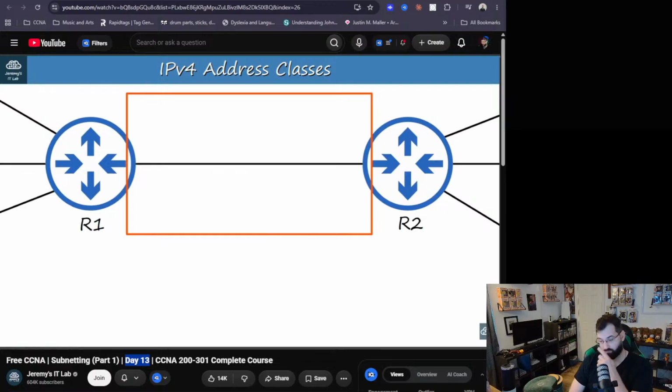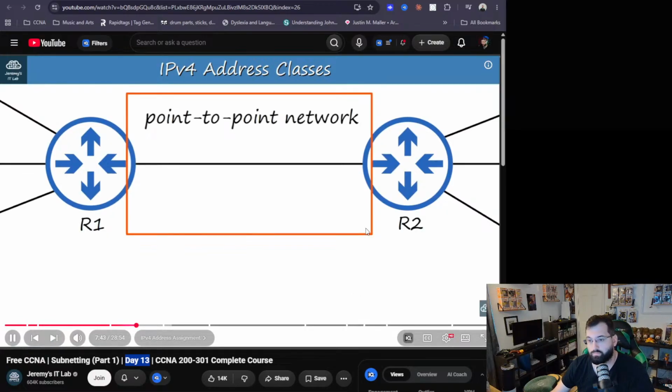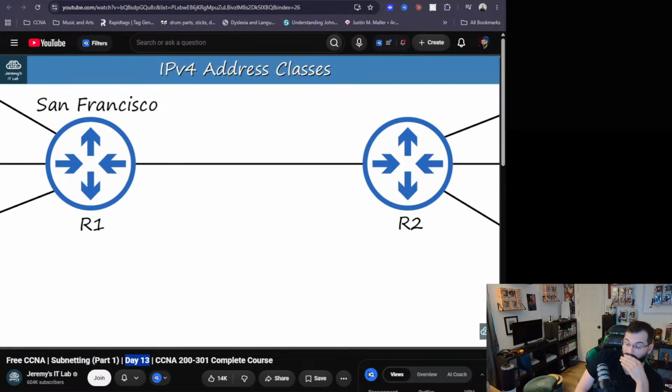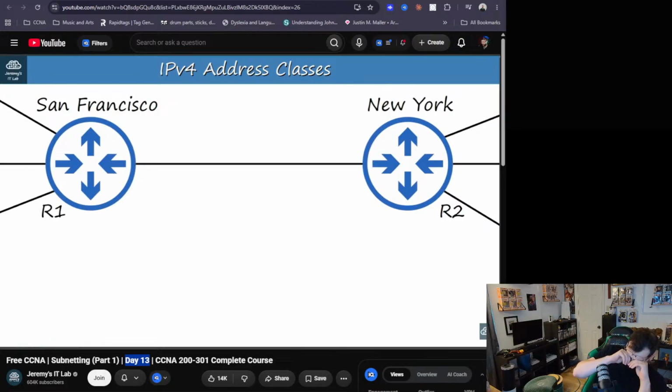That's this network connecting these 2 routers. This is known as a point-to-point network, meaning that it's a network connecting 2 points. In this case, it's good to know that it's not just the router itself that has the IP address. It's every single interface that has the IP address. R1 and R2, for example, this might be a connection between offices in different cities, let's say San Francisco and New York. So, because this is a point-to-point network, we don't need a large address block. So let's use a Class C network,